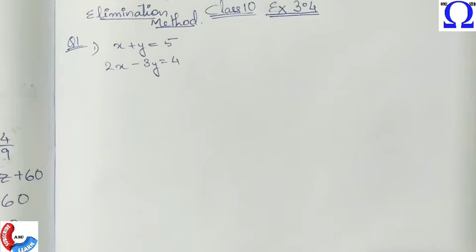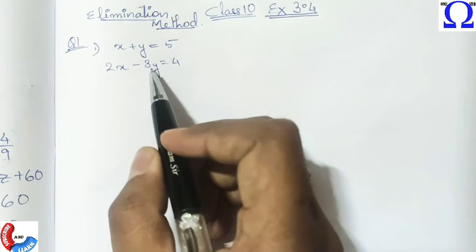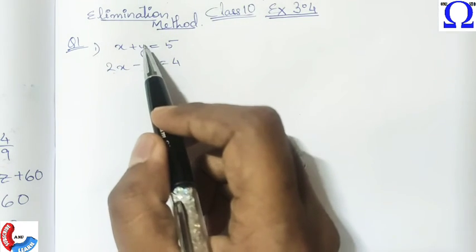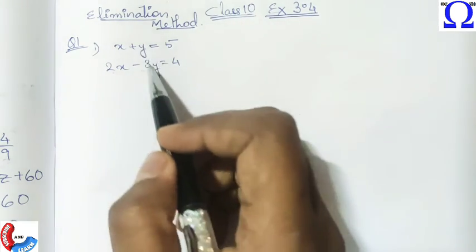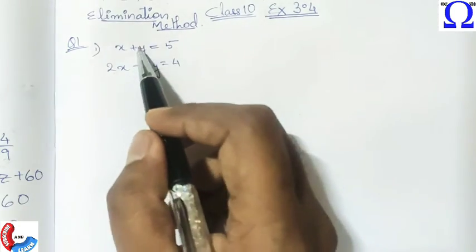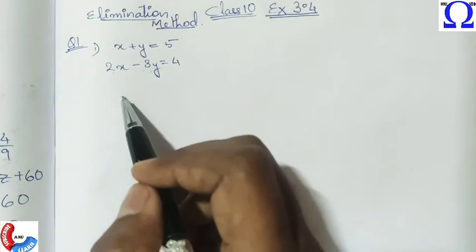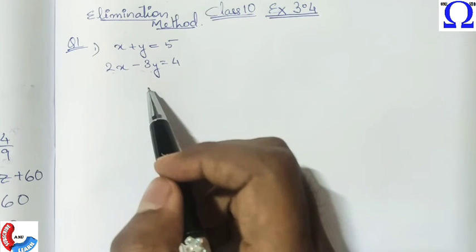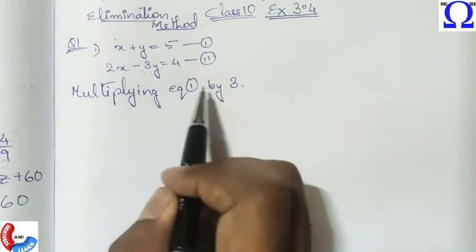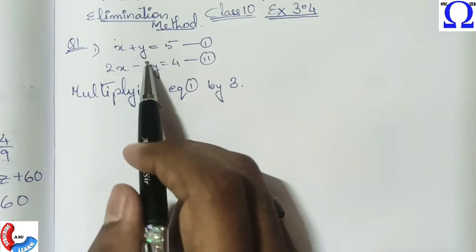Okay, now let us try to eliminate y here. You can see that in the second equation we have 3y, and in the first equation we have 1y. So if we need to eliminate y from here, we need 3y here, so that we can add these two equations, and plus 3y and minus 3y will be cancelled out, and we will be left with only x as a variable. So what we will do, we will multiply the first equation with 3. Every element will be multiplied with 3.